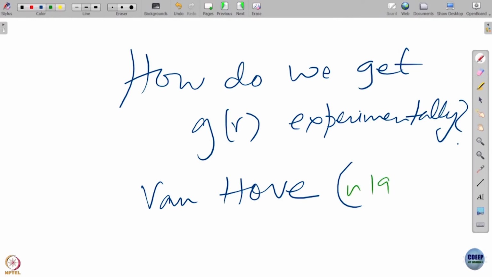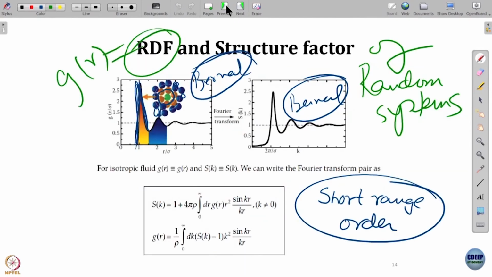It is, I think, around 1947 to 1950, after the Second World War, when neutron scattering becomes available. One could get the scattering cross section from a liquid, and that gives you the structure factor S(k). From then, these are the equations we will briefly derive, but we will not go into very much detail.